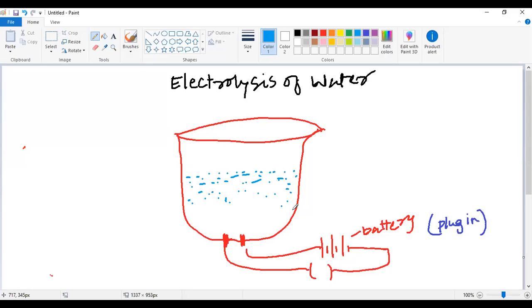When we have this water present inside the mug, my dear students, we are going to put two test tubes. So let us understand how these test tubes are placed inside the mug. We will take two test tubes and put them in an inverted manner above these two electrodes. Please remember, my dear students, that we are going to put these two different test tubes here in an inverted manner above this